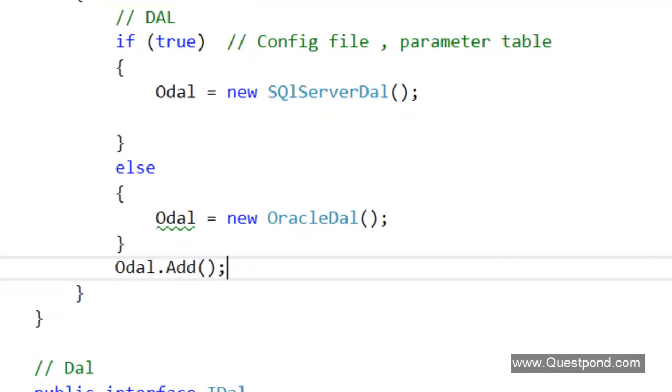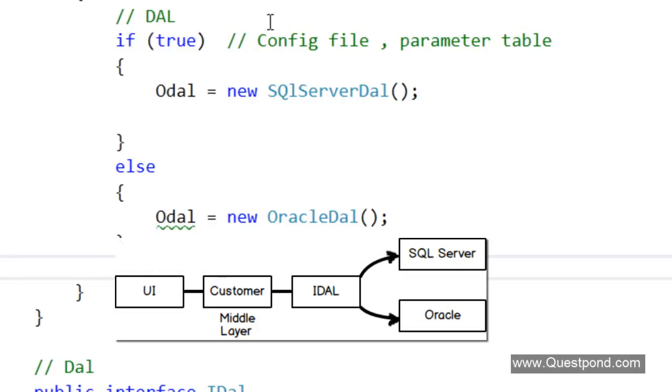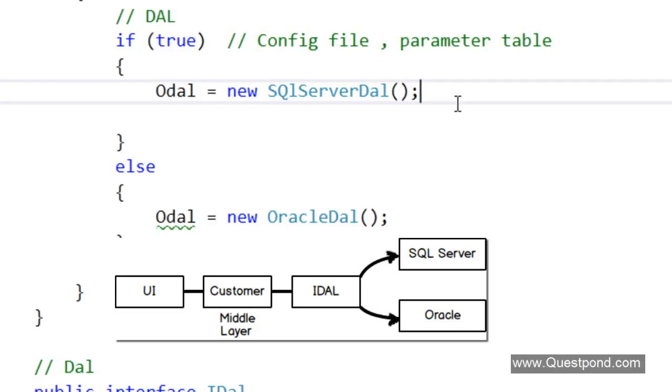Great. So you can see here what I'm doing now is, my customer is actually pointing towards data access layer, and depending on my configuration or my parameterization, whatever I do, it either goes ahead and creates a SQL Server data access layer, or it creates an Oracle data access layer. So this is happening because of polymorphism. Remember, in polymorphism, the same object can point towards different objects under different conditions. So for example, here, depending on the condition, it is either becoming a SQL Server data access layer, or it is pointing towards an Oracle data access layer.